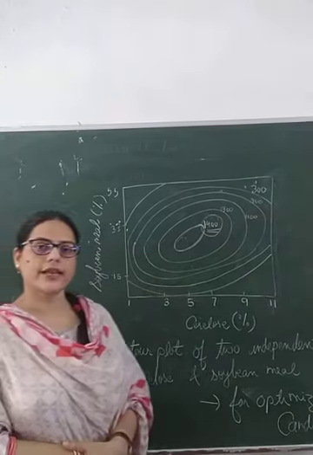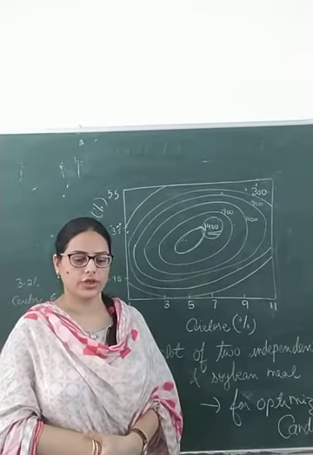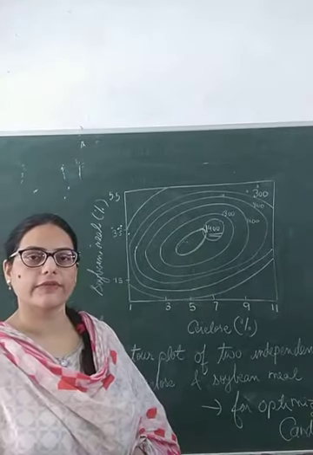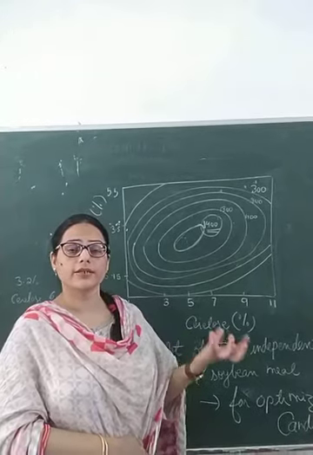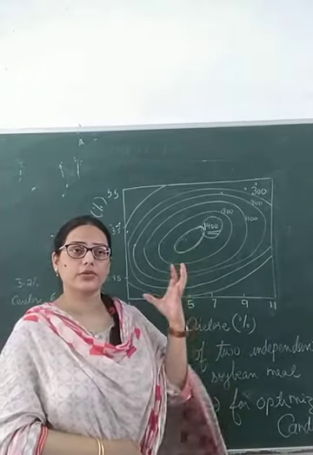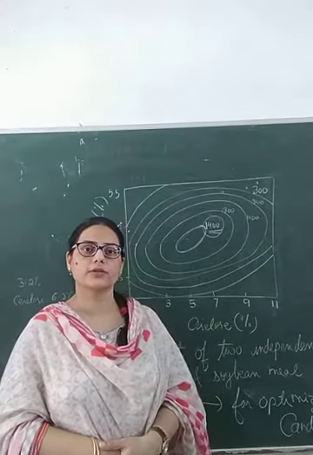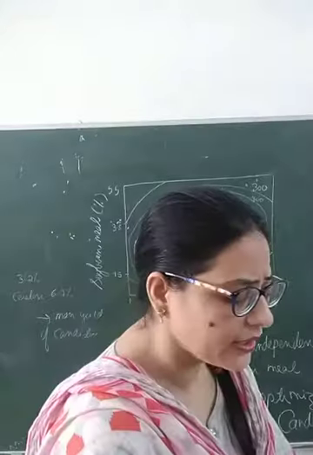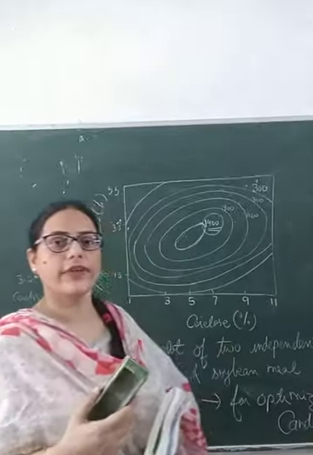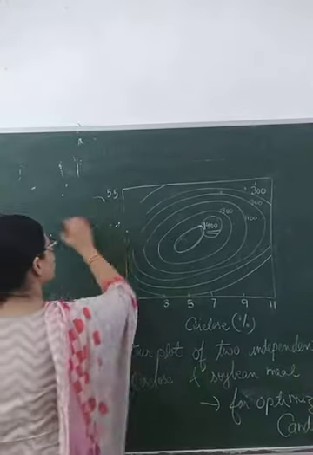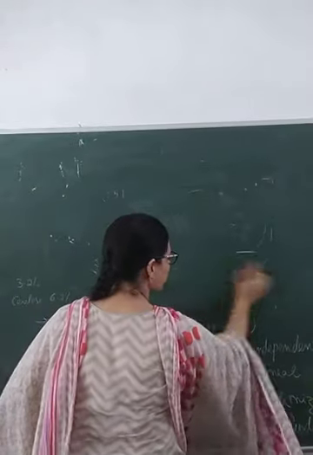So this example has made clear the application of response surface methodology. Now, but there was some drawback with this technique. The drawback was that the number of experiments was still very high. When we scale up, we use large fermenters, so a lot of media we have to prepare, making the process more costly. Then the researchers thought of some other way to minimize the number of experiments in order to optimize the media for the particular metabolite.